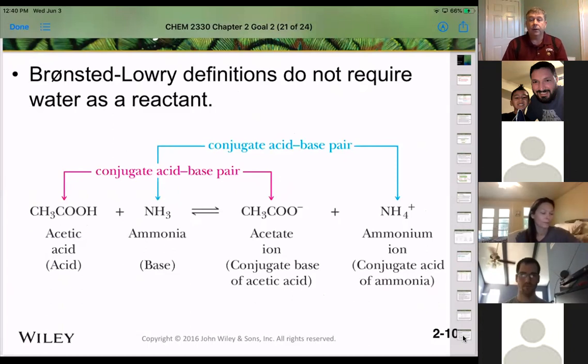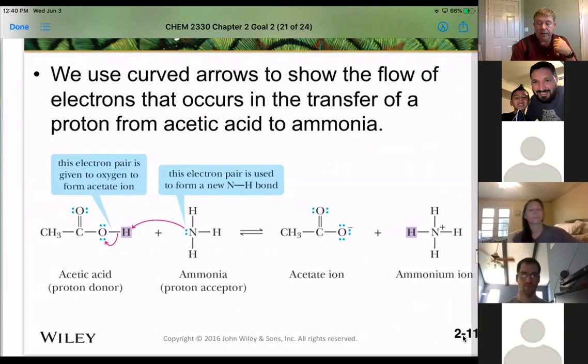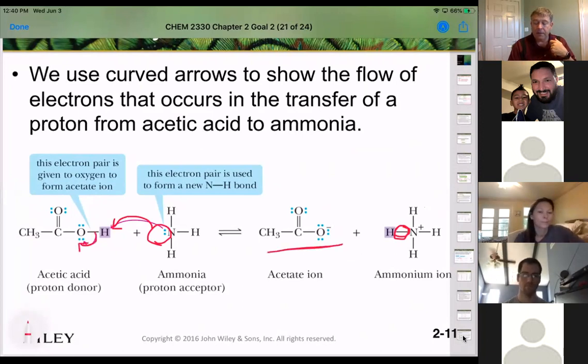Then we're going to take that one step further and look at that equilibrium. Again, we are using the ammonia as our base. Our lone pair here is creating that new bond. That's this bond here. And we're taking these electrons. This oxygen is accepting those electrons and becoming our new